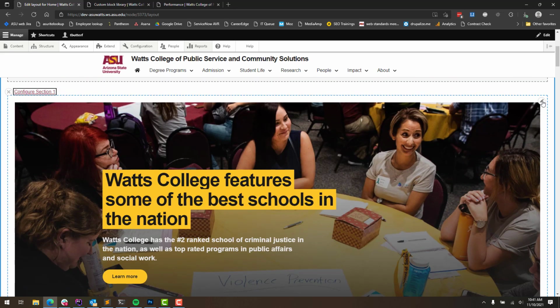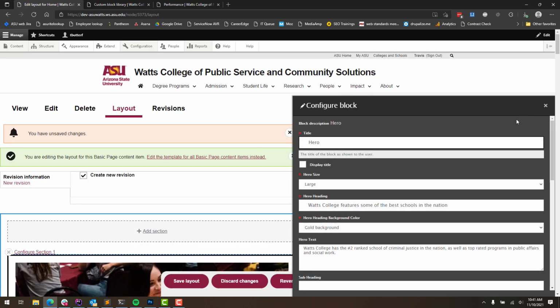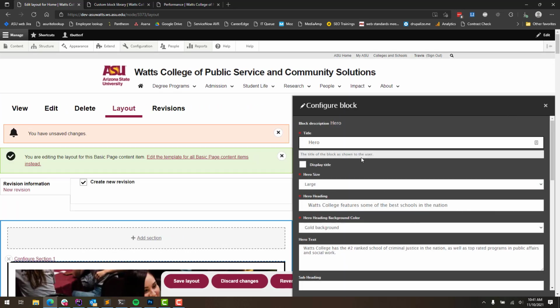And then over here on the right, always in the top right, there's going to be a little edit button with the pencil icon, and you can click that, and then you can click configure, and in the lower right corner of your screen you should get a form that pops up, and this is the configuration form for that